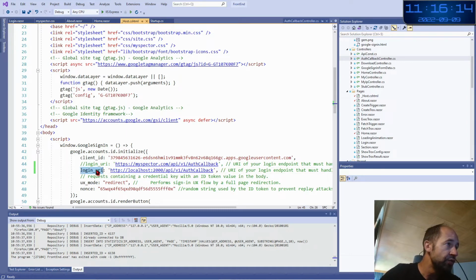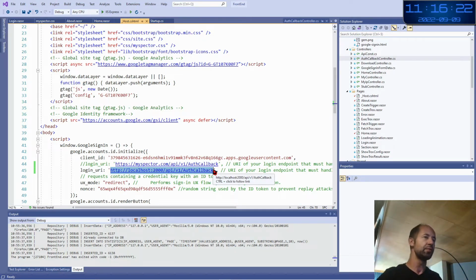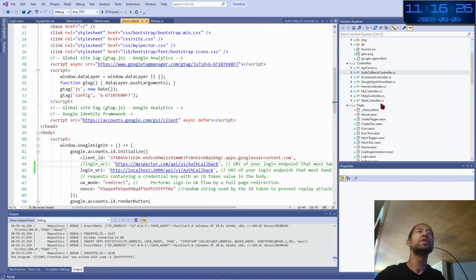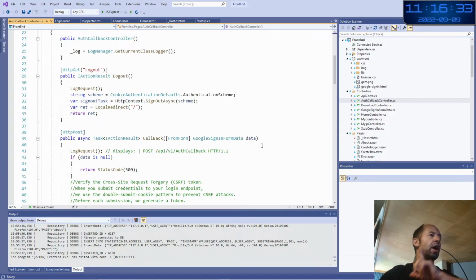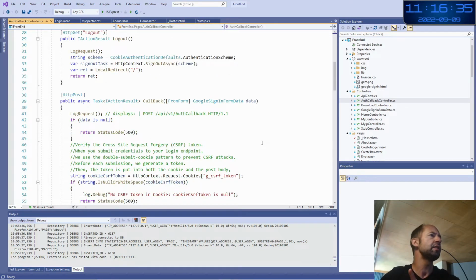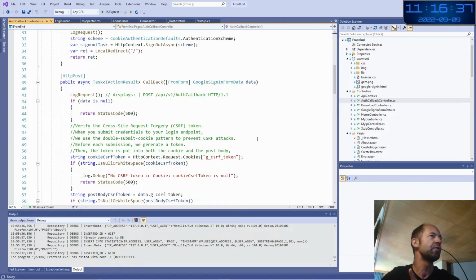So you define here where Google comes back to you after it has done the login process. I have an auth callback, which is a controller here. And the thing is that Google is making a post request, and with Blazor, post requests are not so fun to use. So I create a controller.